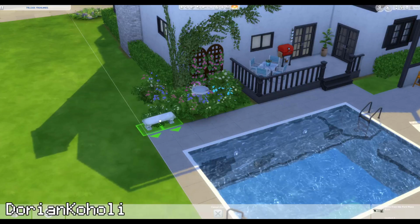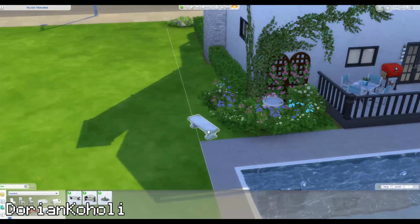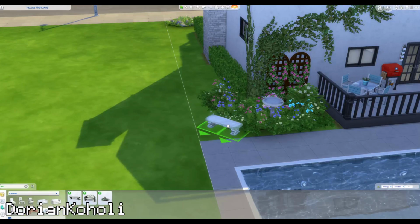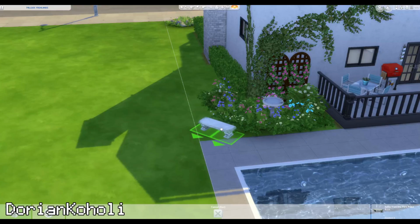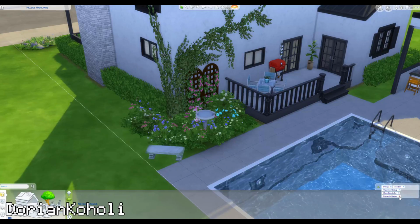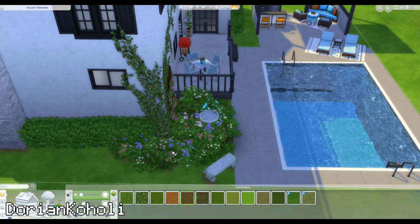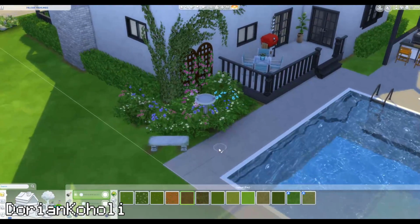Maybe put. Actually, get rid of the. Do you like this? I'm not 100% sure where to put it. We'll leave it there for right now. I'll probably come back to that, but now we have this cute little bench thing. Put maybe some dirt under. There we go. Let me fill in. I don't think it matters as much. We get this bit of overgrowth, but